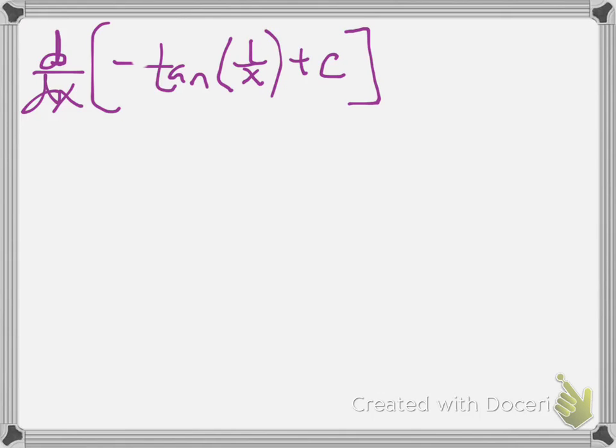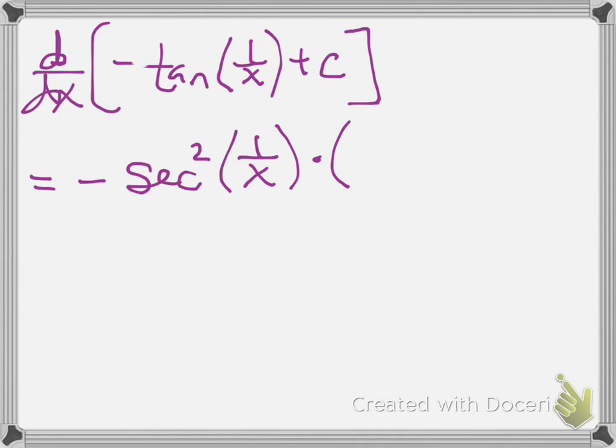All right, so since I'm using the constant multiple rule, the derivative is just going to be the opposite of that. So bring the negative along for the ride. The derivative of tangent we know is secant squared of the inner function. And then we have to multiply by the derivative of the inner function. So the derivative of 1 over x is, as we said on the other page, it ends up becoming negative 1 over x squared, or as we said, negative x to the negative 2, which is the same as negative 1 over x squared. The derivative of the constant is 0,